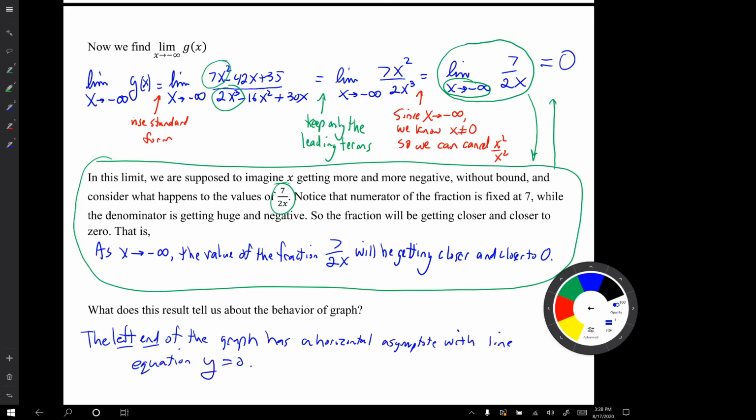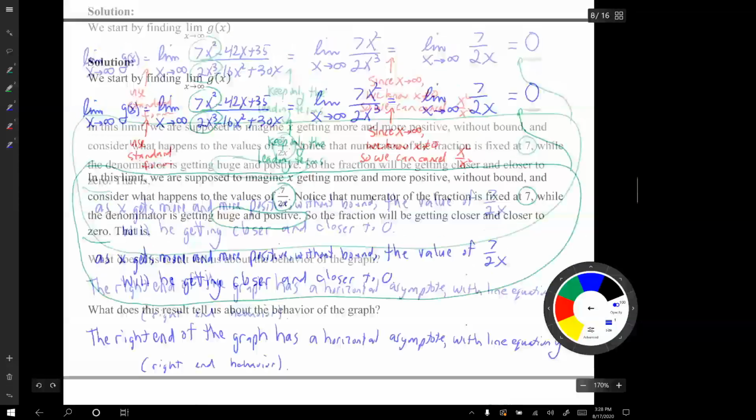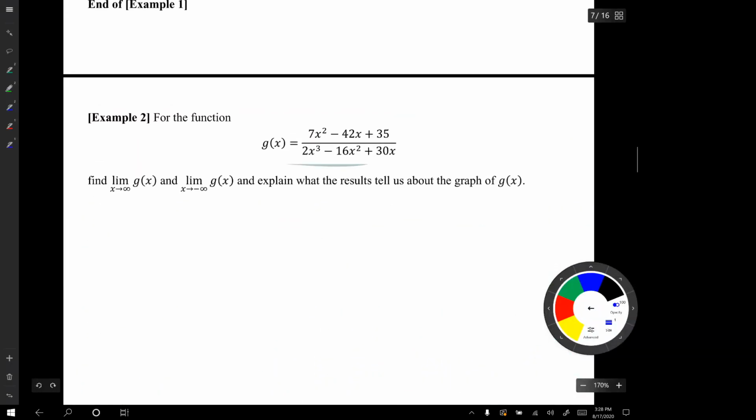The left end of the graph has a horizontal asymptote with line equation y equals 0. This is the left end behavior. So remember, the questions were to find these two limits and explain what the results tell us about the graph of G. The question was not find the end behavior. The question was just find the limits